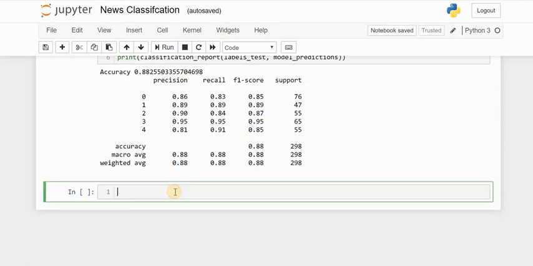Now let's do hyperparameter tuning for random forest first. So first we will import grid search from sklearn's model selection.